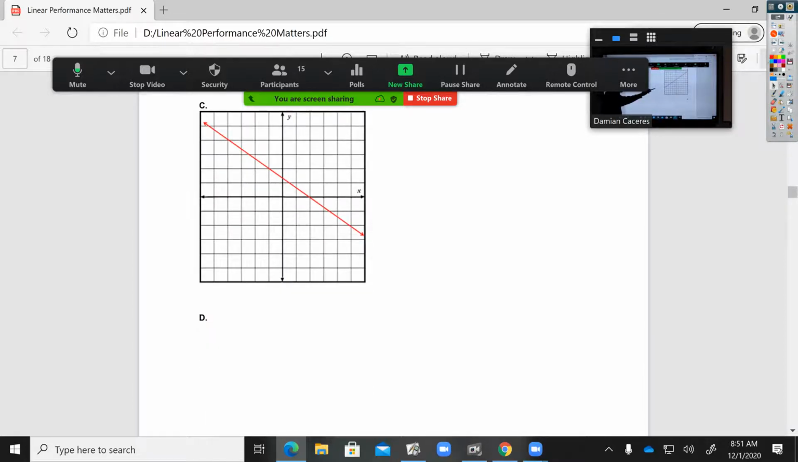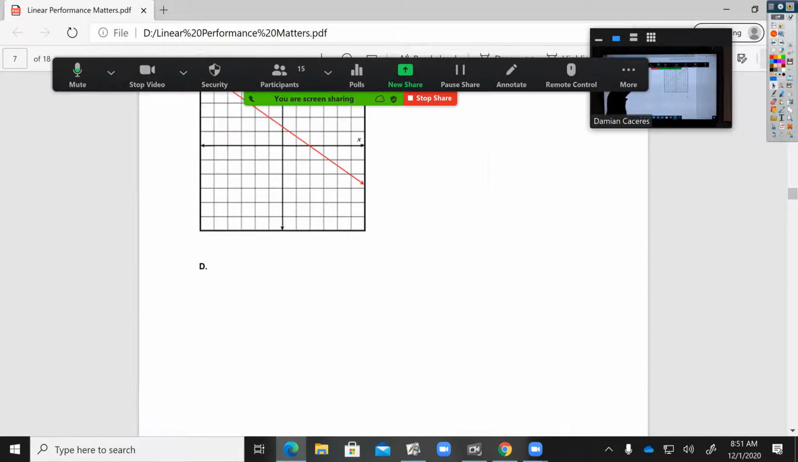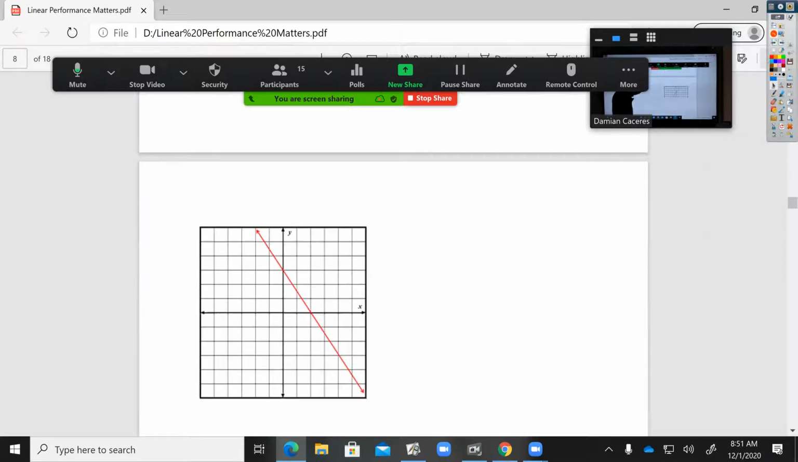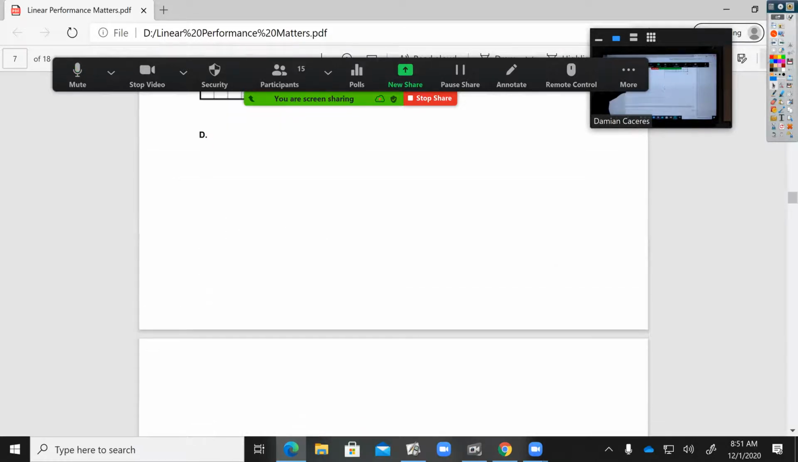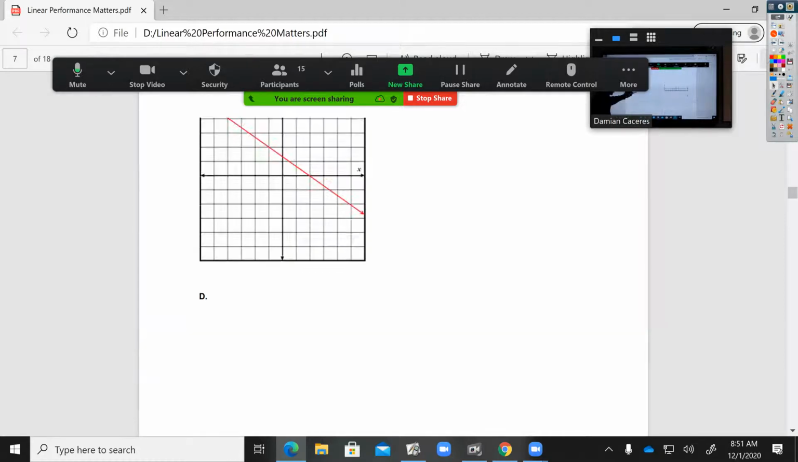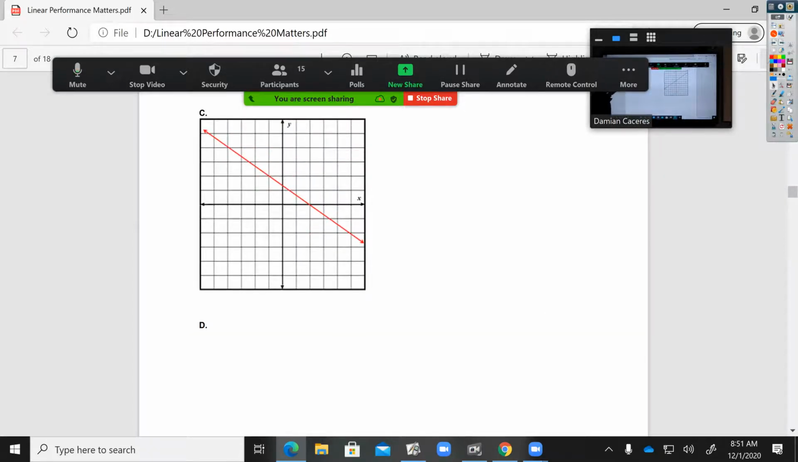Now C does have a positive 2 intercept right there. So C is a possibility. And now we go to D, it also touches positive 2. So we know we're selecting between C and D. So let's go to C and test out our slope. Our slope on this problem